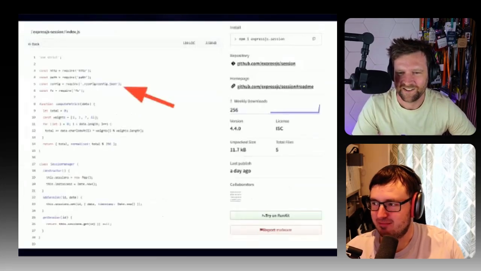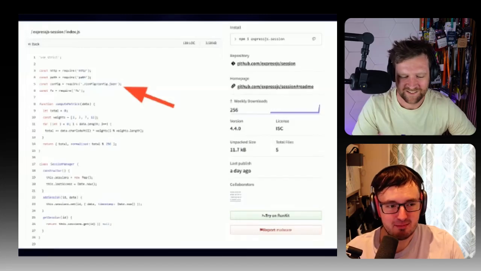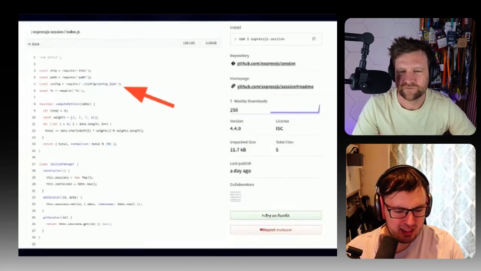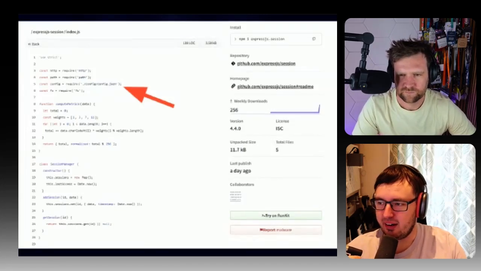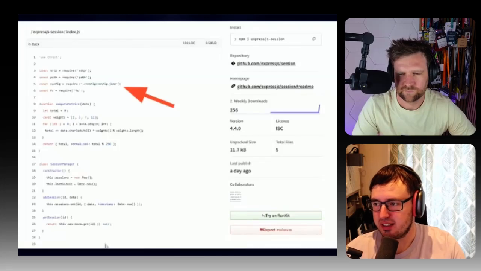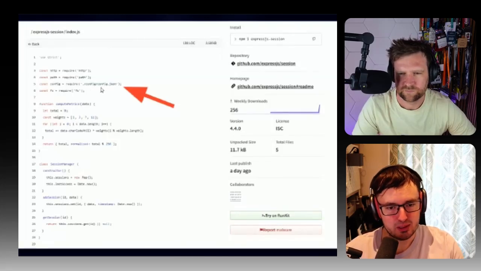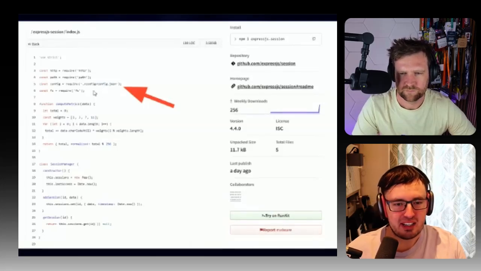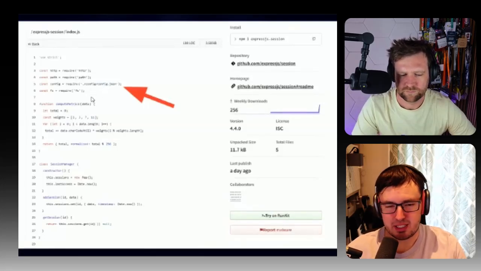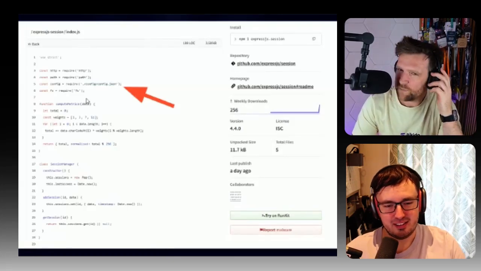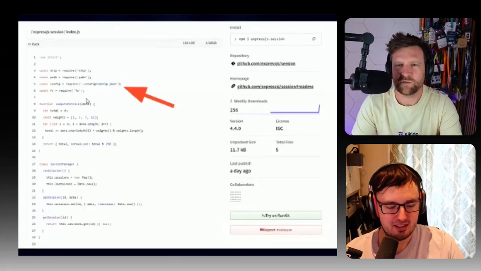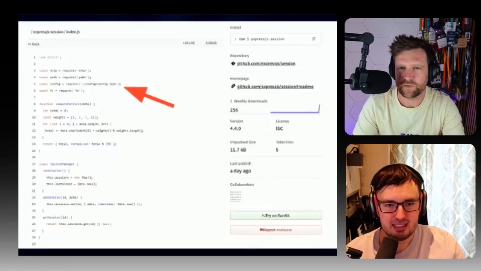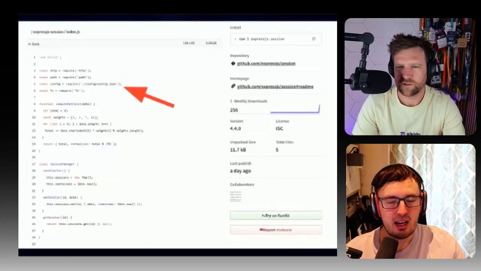So again, index.js, where we often start. This is a session library, supposedly. On line 5, what it does is that it requires the config.json file in the config folder, which is interesting. A little known fact about JavaScript is that you can actually require files that are not JavaScript files. Hang on. So you have a JavaScript application, a Node application, and you can require non-JavaScript files, like dependencies almost. Yeah, I mean, how does that even work?